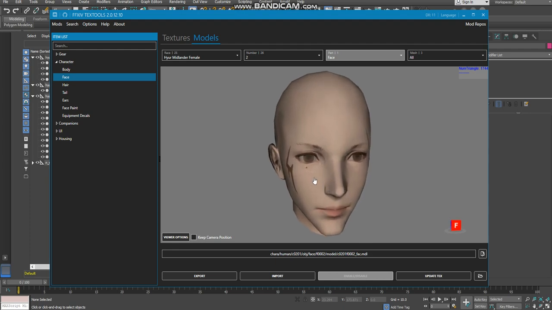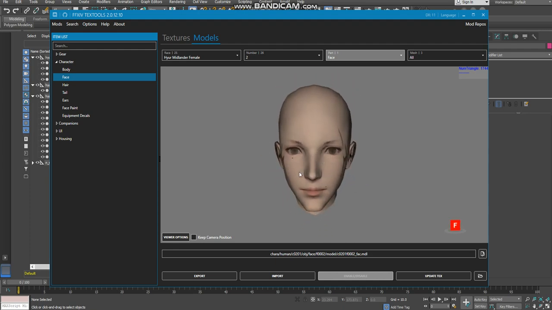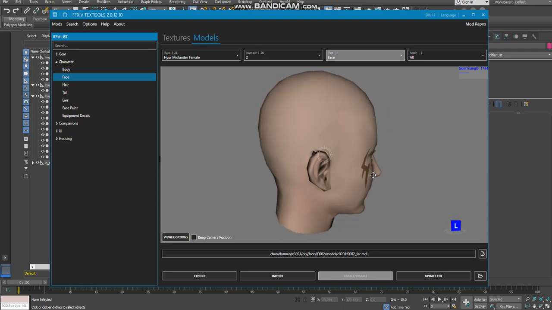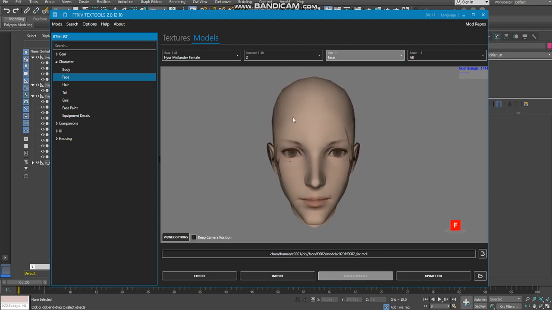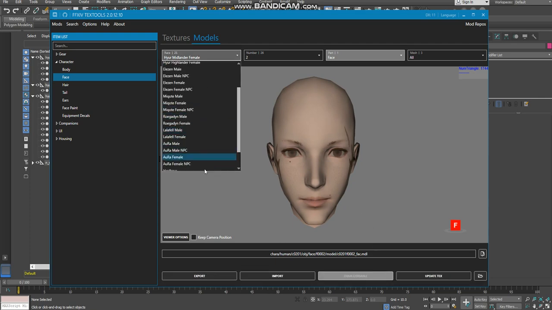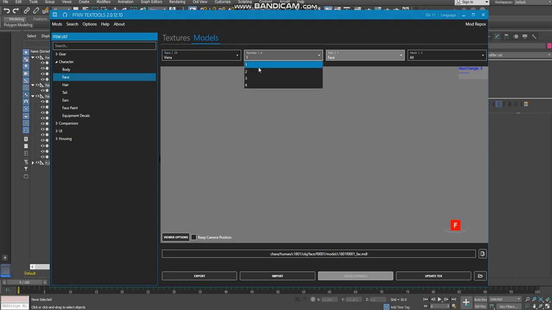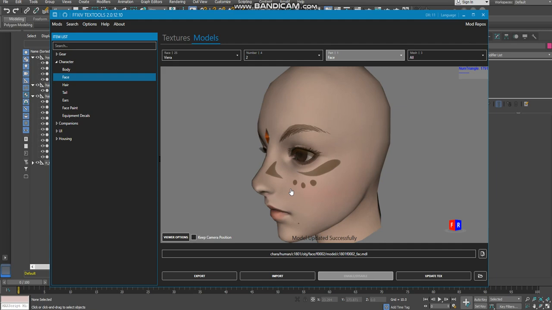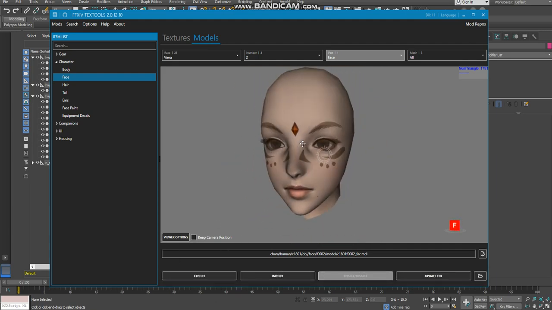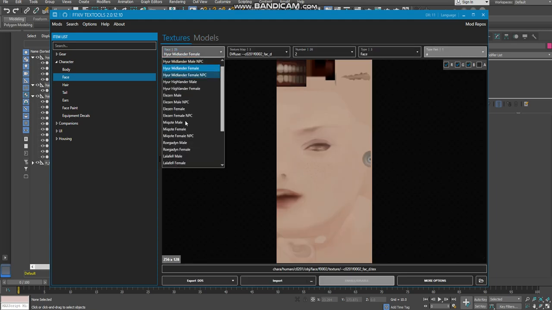So I'm just going to be doing a basic face swap. I'll be using Midlander Female 2 as the base here because I already have a face swap on 1. What you're going to want to do is export your base face, stay in materials, and then go to the face that you want, which I'm going to use Viera Face 2 because I know a lot of people like that one. So export the materials for the Viera,